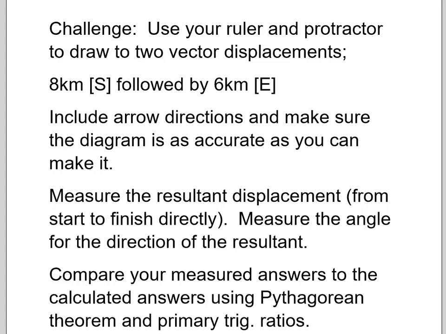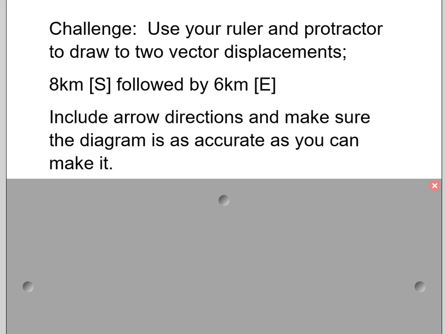So here we go. Here's our challenge. Use your ruler and protractor to draw 2 vector displacements. 8 kilometers to the south, followed by 6 kilometers to the east. So include the arrow directions. Make sure the diagram is as accurate as you can make it. So pause the video and draw that. Make sure your pencil is sharp. Okay, once you have it drawn,